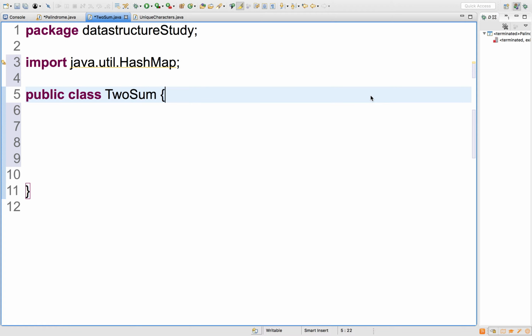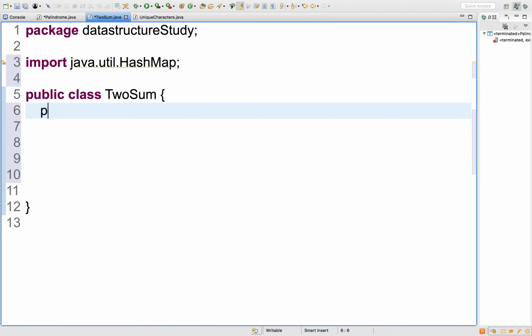I've already created a class called 2sum. Let's get started with creating a function. Public static and return type integer array. Let's give it a name, findIndices, and we will have two input parameters. The first one is an integer array and the second one is target sum.